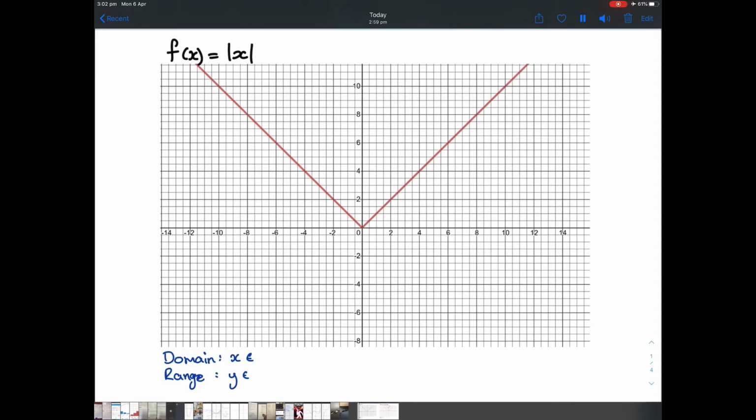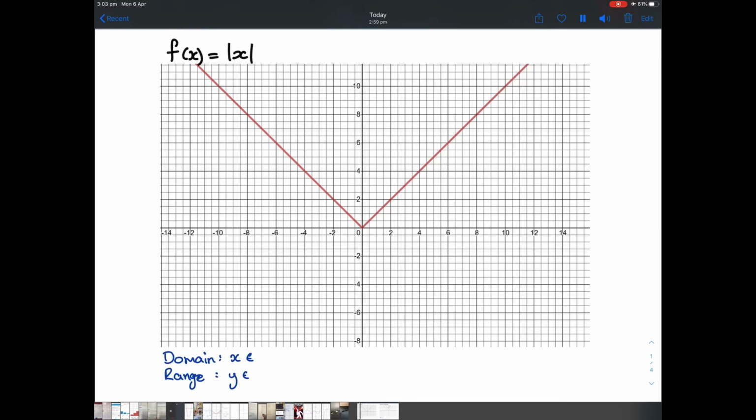So remember that we know that the absolute value of a number only deals with its distance away from zero. And because we are dealing with how far something is from zero, our answers are always going to be positive. You can't have a negative distance. So that's why with absolute values, we always take the positive number and express our answer as a positive, because distance can only be positive. So that helps explain why the shape of this graph becomes